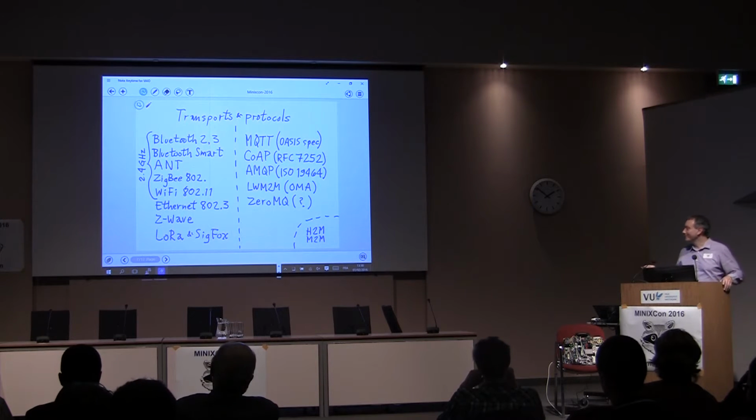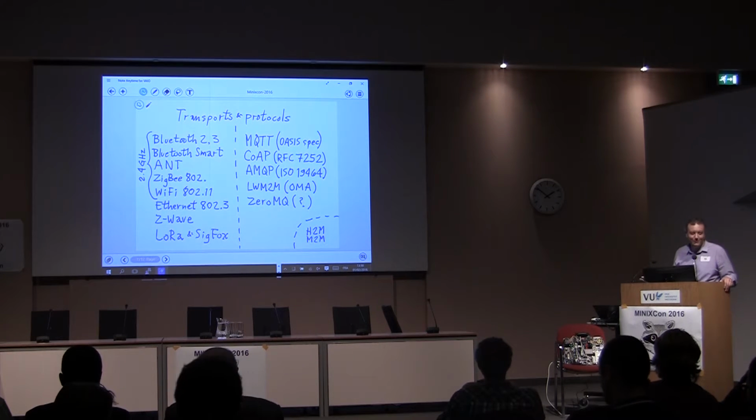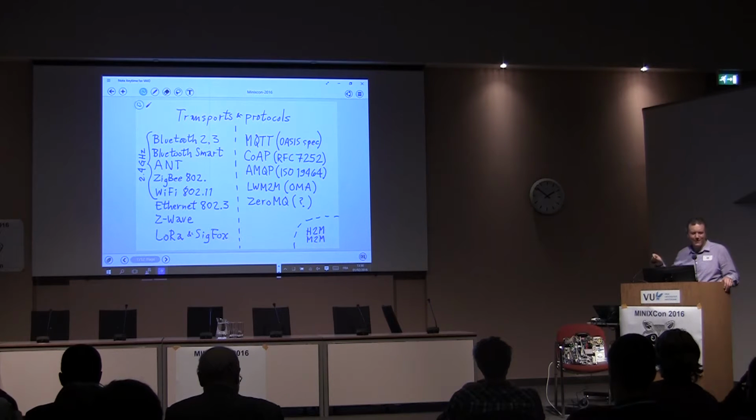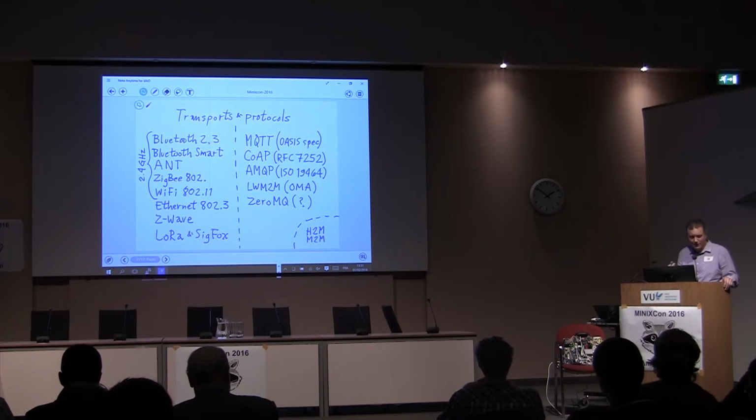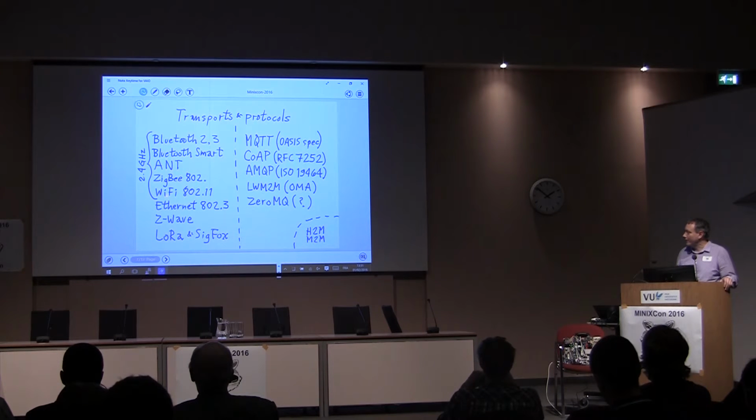802.15.4. Anyway, Zigbee is interesting, especially here, because it's not in Amsterdam. I think it's Hilversum, but Philips, wherever they are, have chosen Zigbee as a transport for their Hue lighting system for buildings, hospitals, homes, and so on. And it works pretty well. It uses the same spectrum as Bluetooth, but it automatically creates a mesh or a partial mesh network between the nodes, or they look like light bulbs, but they're really computers, right? So we've got all these kinds of things that are relevant for IoT.